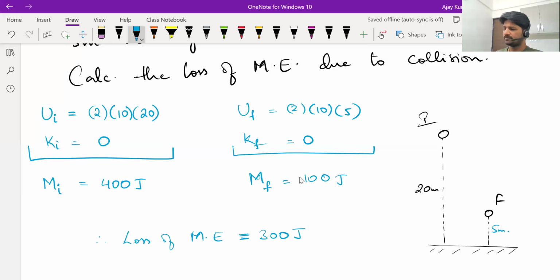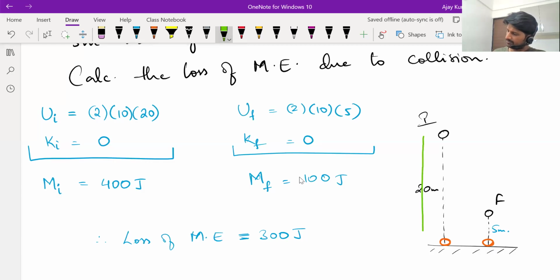Now, some of you may have been trying like this. You might have tried to find out its mechanical energy just before collision and just after collision. You can do that also. Actually, that is what you are supposed to do. The question was asking you to calculate the loss in mechanical energy due to collision, no? So just before collision, how much energy it had, and just after collision, how much energy it has is what you need to consider. But